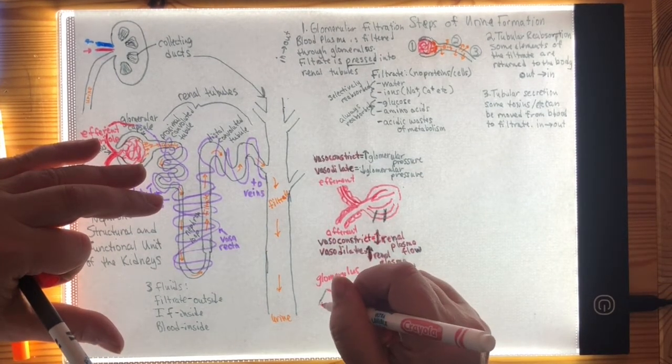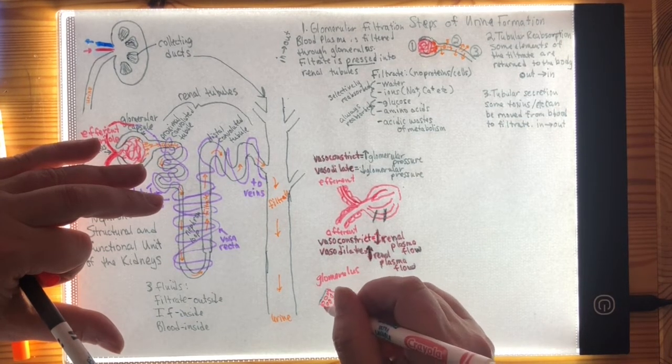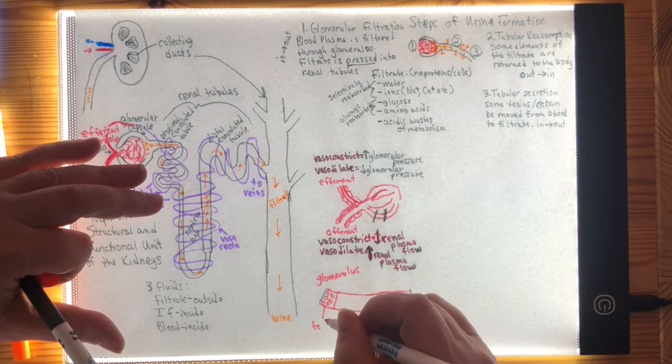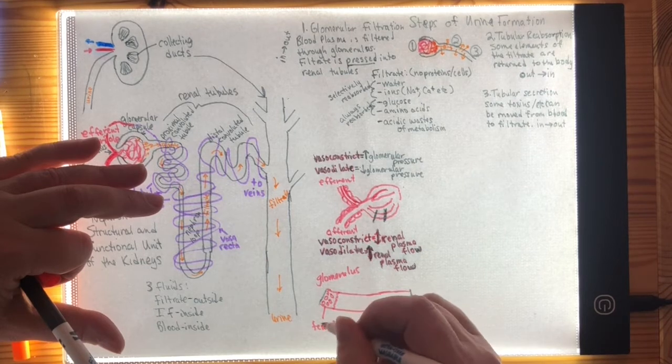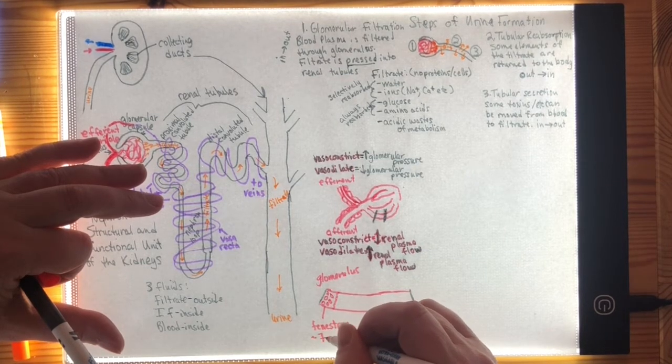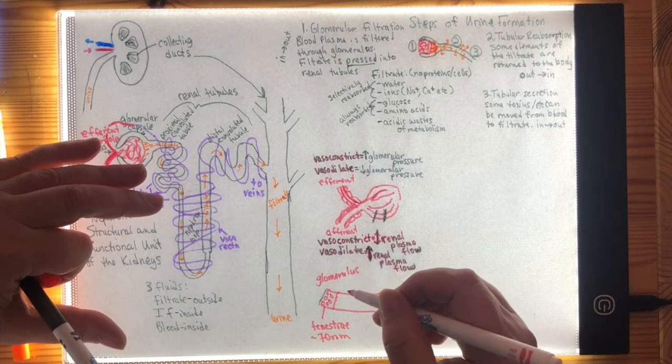In this case, the simple squamous epithelium has fenestrae, little holes. Remember that? Hole punches, tunnels leading straight from one side to the other. We discussed fenestrated capillaries before when we discussed three different types of capillaries. Fenestrated capillaries are these holes that basically punch straight through from one side to the other of that simple squamous epithelial cell. And just so you know, the fenestrae are about 70 nanometers in diameter, which is a little bit